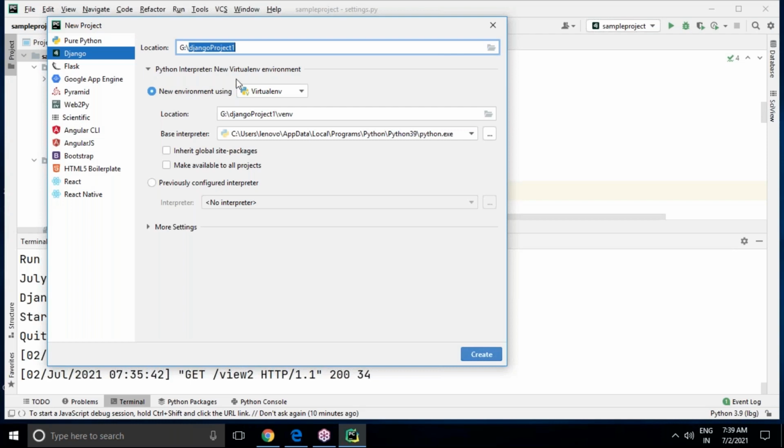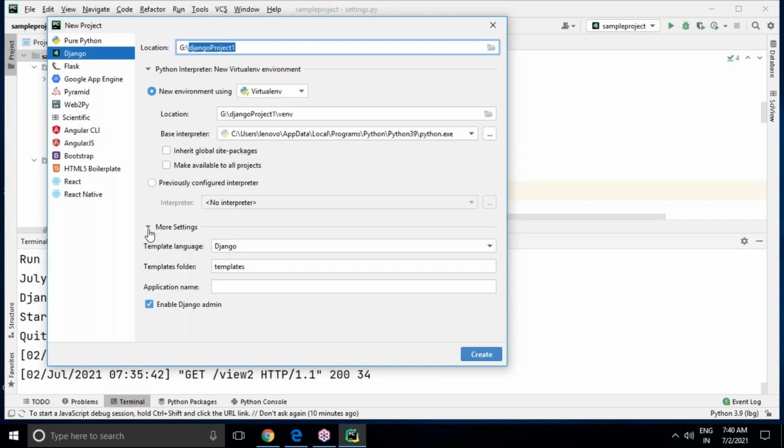Or else, sir, if I want to give my application name here itself, you can go to the more settings option. Look here, the template language is Django, the templates folder is also created, and you can give the application name. Suppose I am giving my application name as my app. Once you give the application name, along with your project name Django project 1 and your application name my app, with the templates folder, everything will be created.